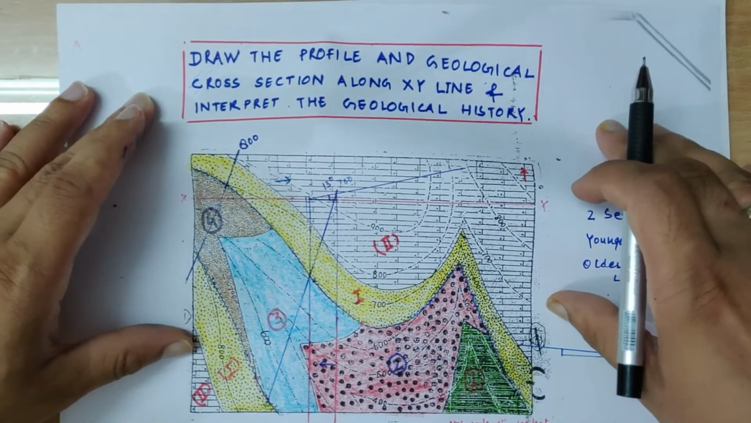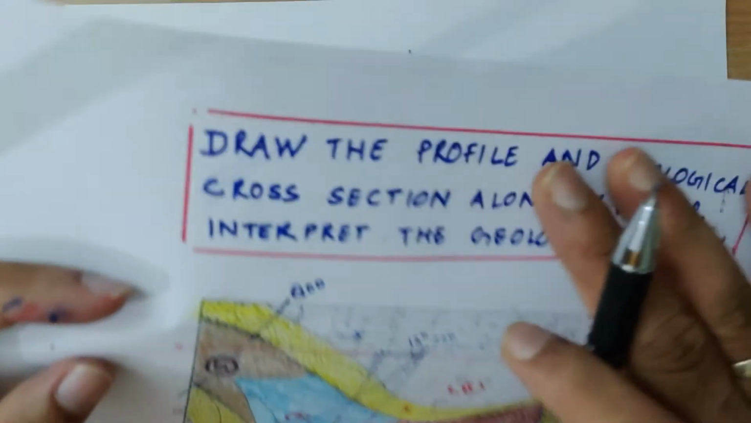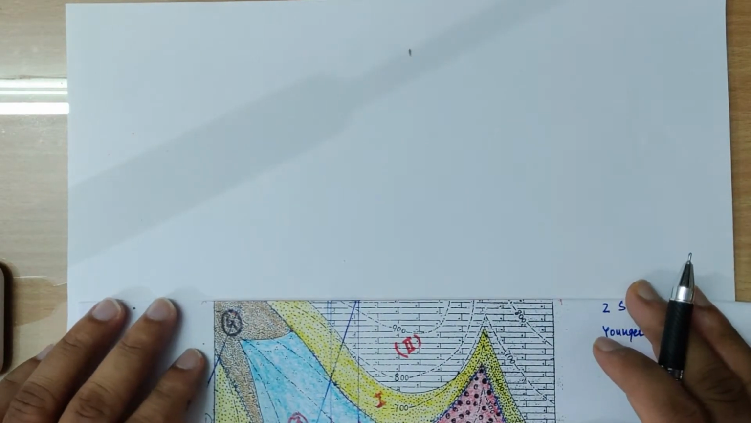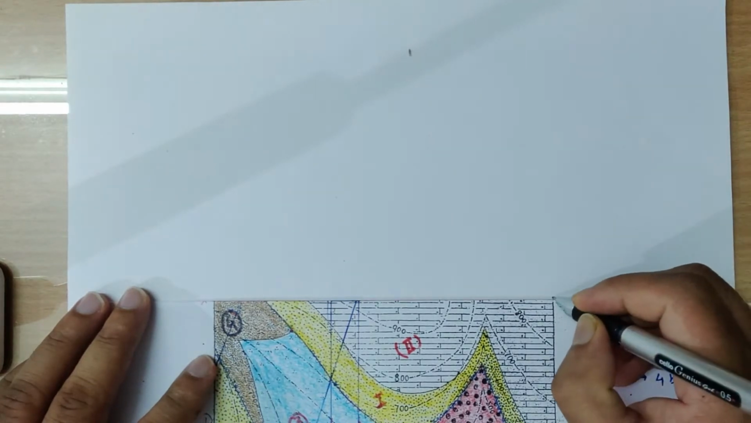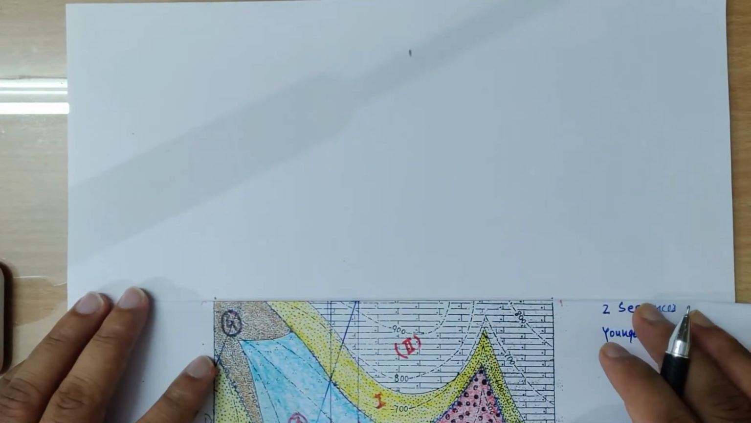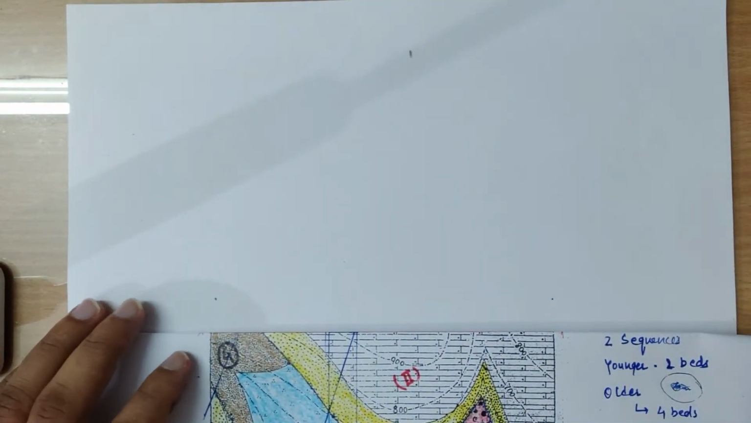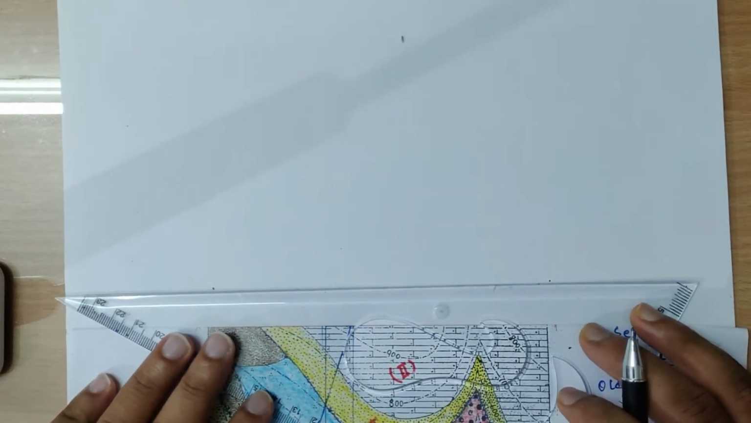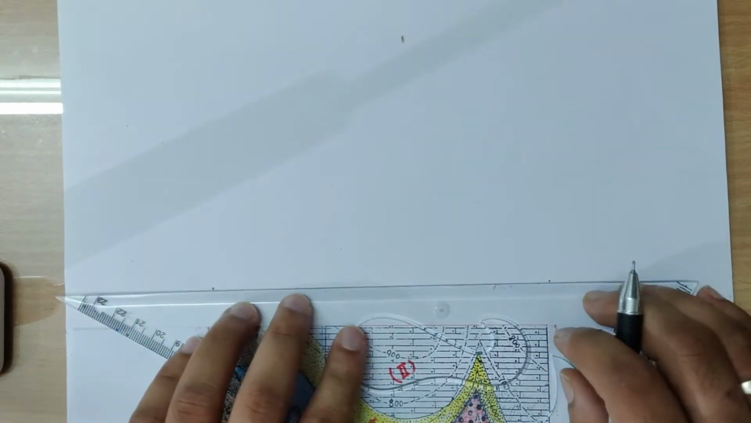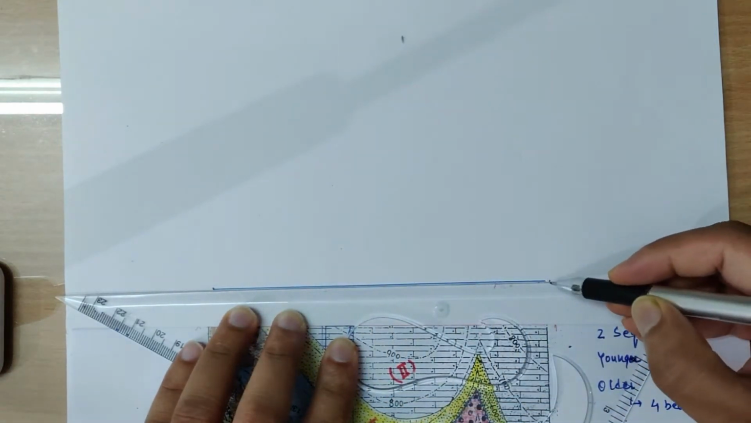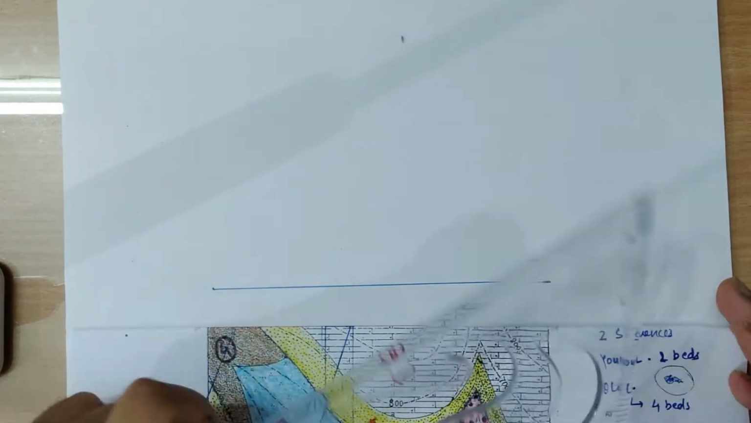So in order to draw the cross section, what we do, either we make a strip or just fold this map. So let's fold this map and draw the baselines. So here is a point Y and here is a point X. So by joining these 2 points, we will get the baseline. Let's draw it. So here is our baseline, and above the baseline we will draw